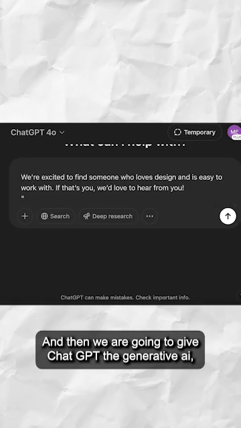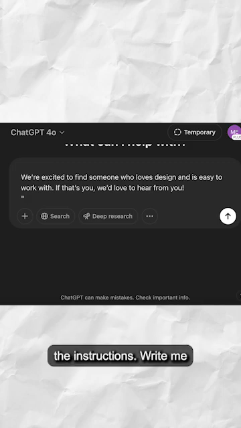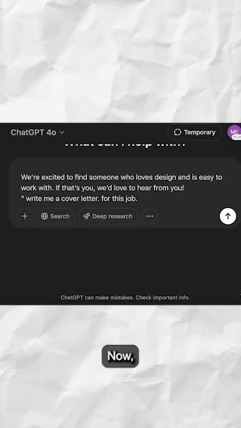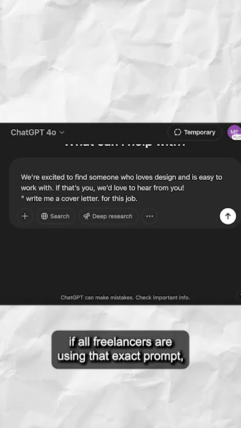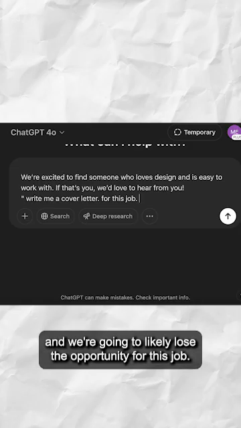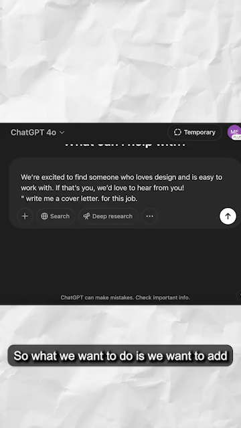And then we are going to give ChatGPT, the generative AI, the instructions. Write me a cover letter for this job. Now, if all freelancers are using that exact prompt, it's likely that all of our cover letters might look very similar to each other. And we're going to likely lose the opportunity for this job. So what we want to do is we want to add